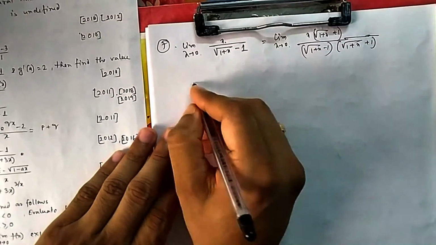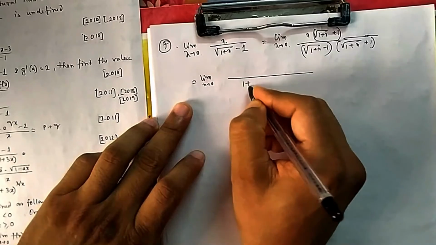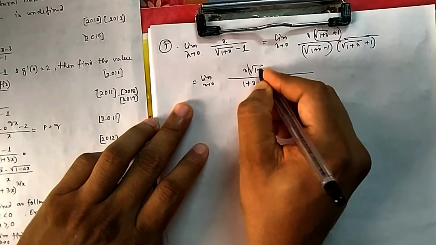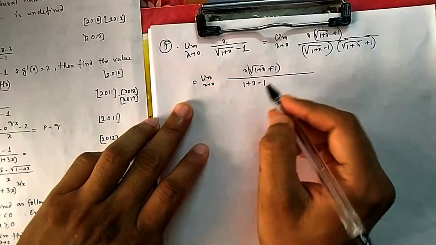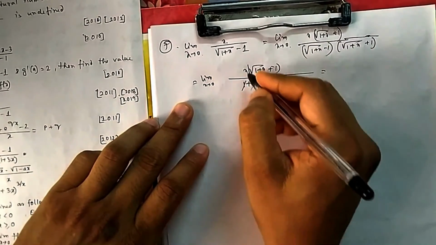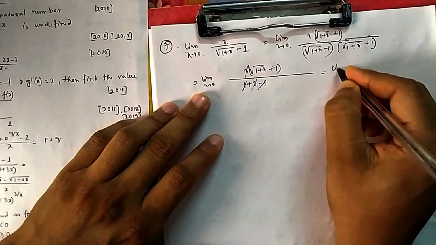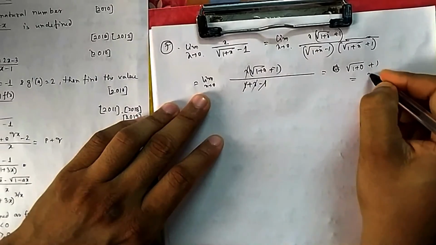So if you multiply, what will happen? In the numerator it will be a plus b into a minus b, that is a square minus b square, 1 plus x minus 1, and the denominator will be as it is. So now you can see your problem was happening here, it was becoming 0. Now 1 gets cancelled and you can cancel this x and this x. So you can say your problem is now eliminated. You can now directly put x equal to 0. So it will be 1 plus 0 plus 1. Your answer is 1 plus 1, 2.